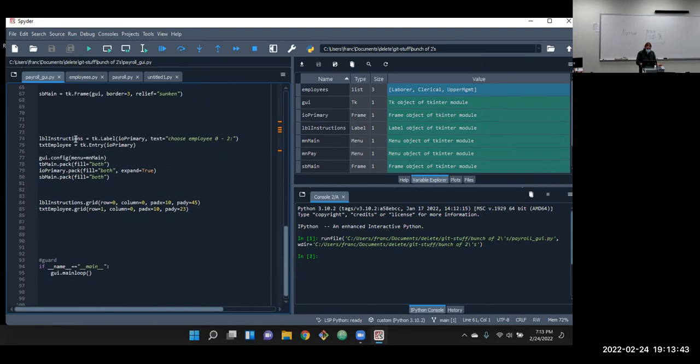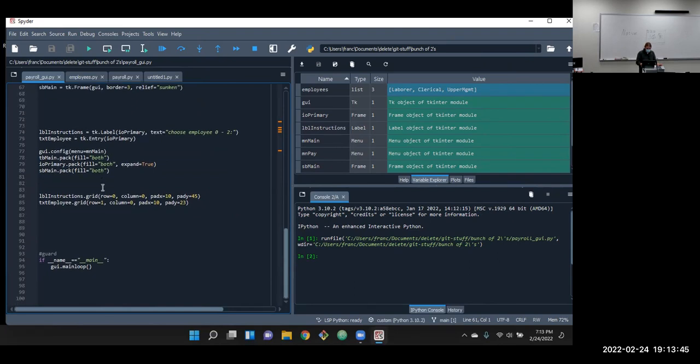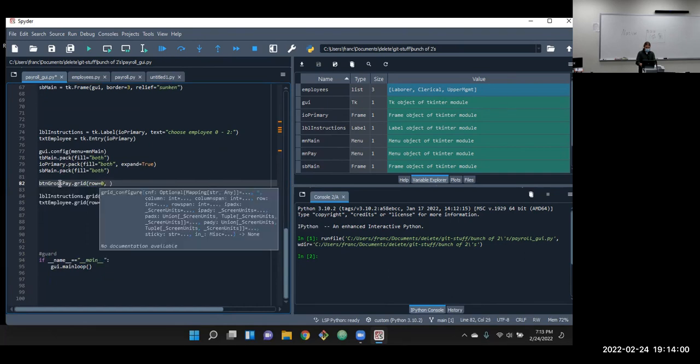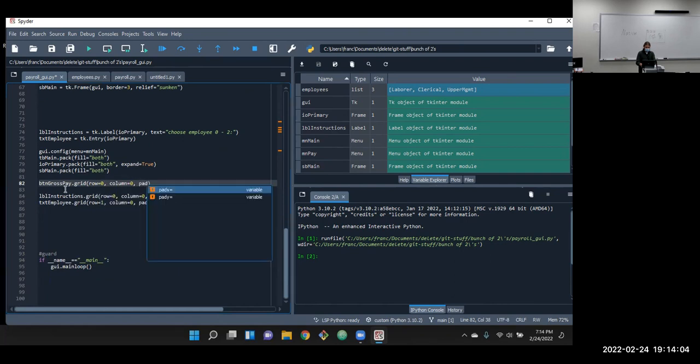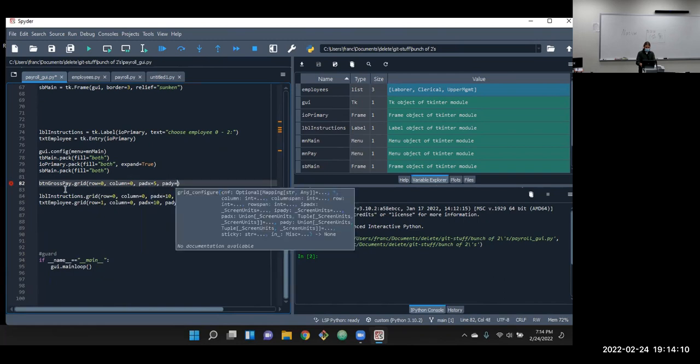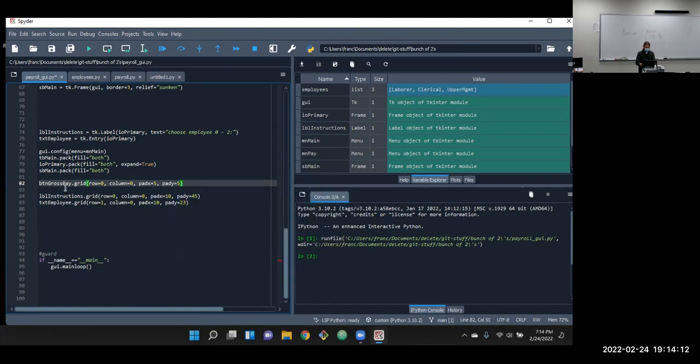So we'll go down here with this load stuff in. So there's our main content. Then in the toolbar, that button gross pay, I'm throwing it in as a grid. Row equals 0, column equals 0, and I guess some padding, 5 pixels of padding each way. That sounds good. Add X 5 pixels and add Y 5 pixels.